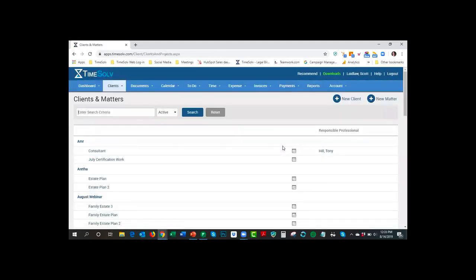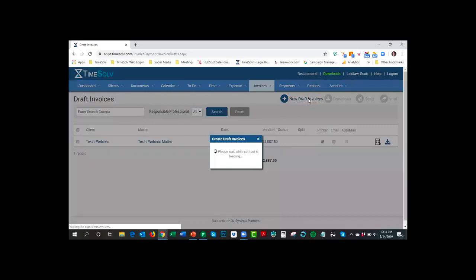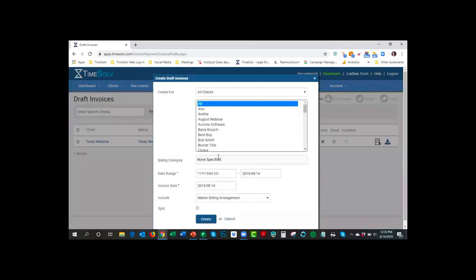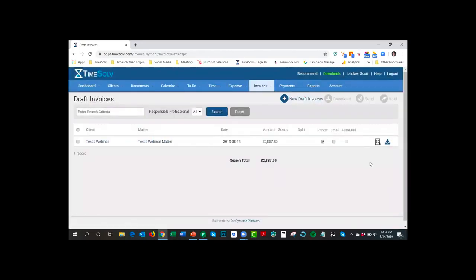That was something I just did actually yesterday as I was preparing for this, because I hadn't done it yet. So you first have to set up, and you also won't see it on the draft invoice screen either until you've actually created those billing categories. This row here, billing category, is not going to appear for you. So that's important to understand, that you won't see it until you actually create some categories. It's hidden essentially until then.